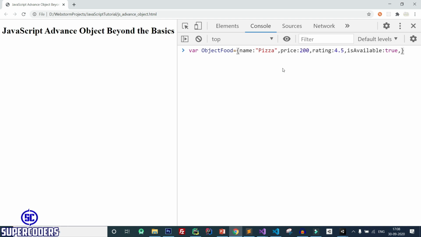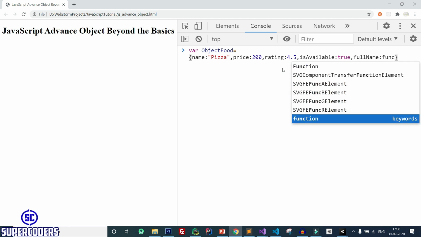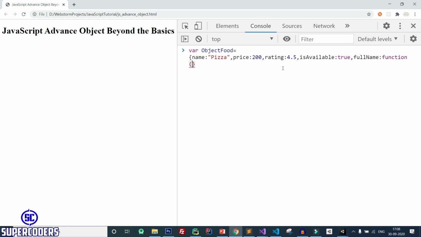Let's add a function like full name, colon, then the function. You can see in this way you can create a function in an object. This is very simple: key name, function, parenthesis, then function body. So in this way you can create a function.